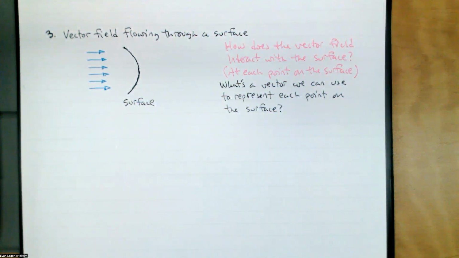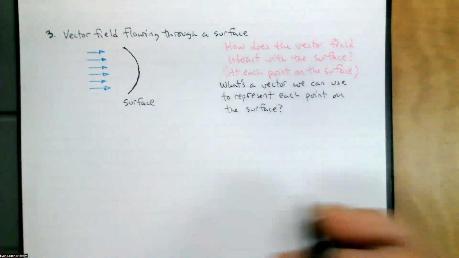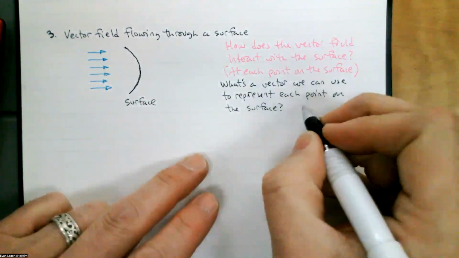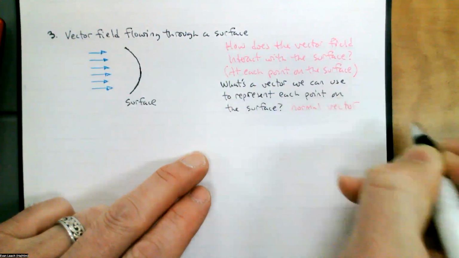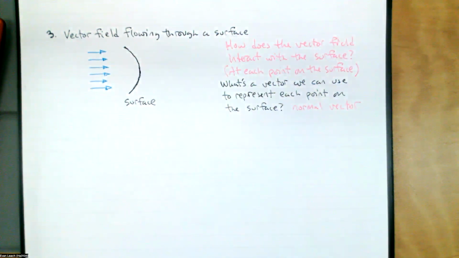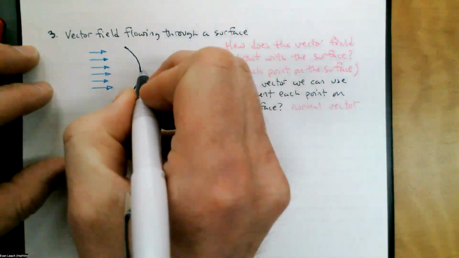So we want a vector at each point on the surface to represent the surface. And we want one vector. What vector are we going to pick? Any ideas? We're going to pick the normal vector. Because I've got this surface, I need one vector at every point. I'm in 3 dimensions, it's a 2-dimensional surface. I've got too many tangents, so I'm just going to go with the normal vector. So here at this point on the surface, the normal vector